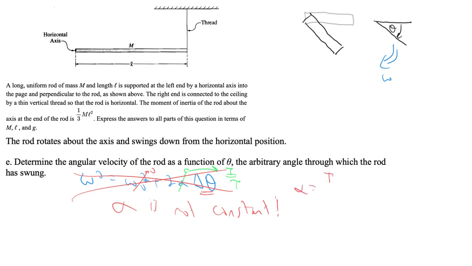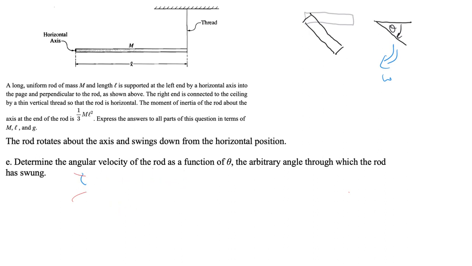Alpha is I over tau, but tau involves something like L over 2 times sine theta, times mg or something like that. It's some horribly non-constant thing, and so that's no good, and we can't do that, which is a little sad and depressing because, after all, kinematics is easy. We've got to think, what can we do that would allow us to talk about velocities if we can't use kinematics, if the forces are changing, and that is something custom made for an energy